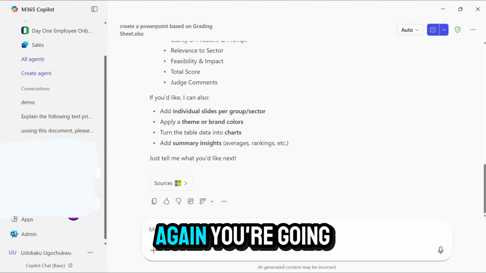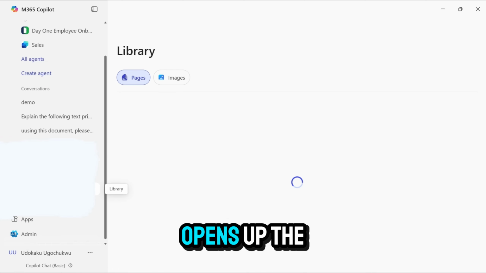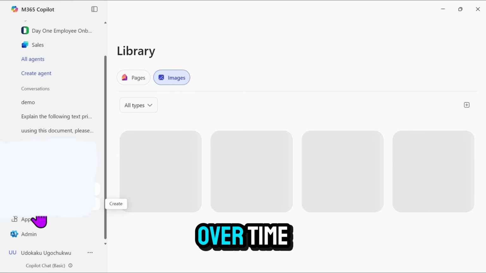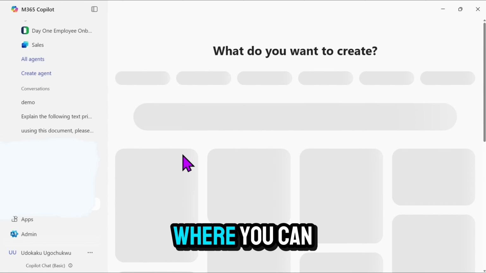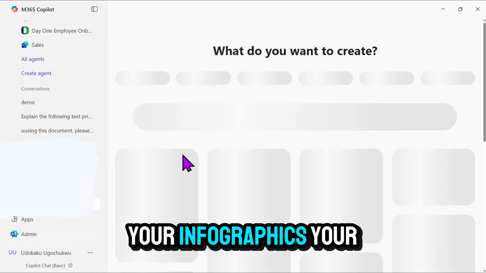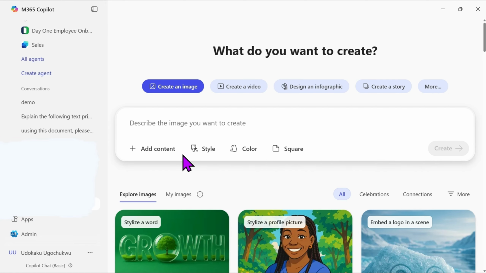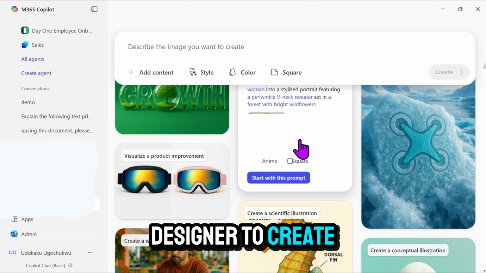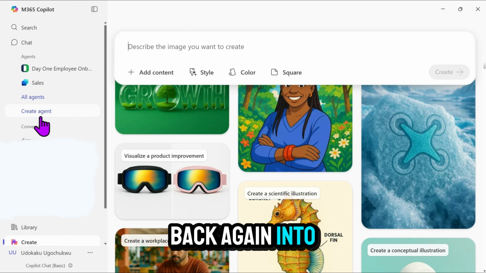At the bottom again, you're going to see your library. This library opens up the pages and the images that you've used over time. Create is Designer. I don't know how many of us know Designer. We're going to explore this in depth. This is where you can use Designer to create your infographics, your posters, images, videos. So you can scroll down and also use Designer to create any of these amazing things here. So let's go back again into